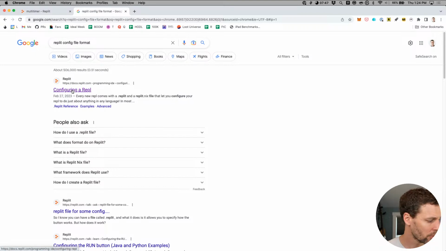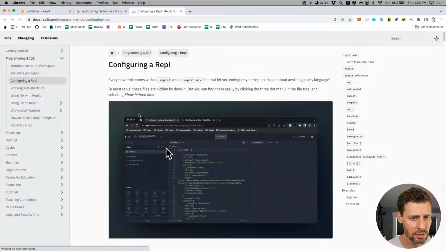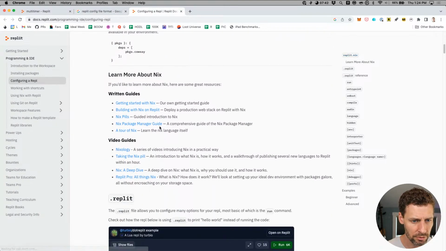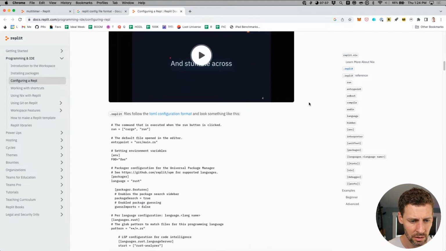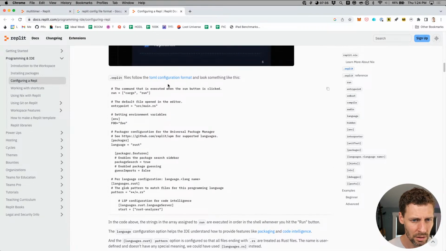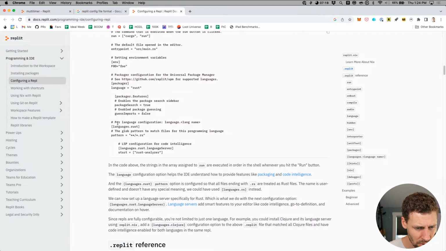We may have gotten as far as we can get, y'all. It may be that we just have to. So here's the Replit file. The toml configuration format, sure. The command that's executed when the run button is clicked, cargo run, yep. How about the default file that's open, packager configuration, packager features, per language configuration, LSP configuration, code intelligence, which is